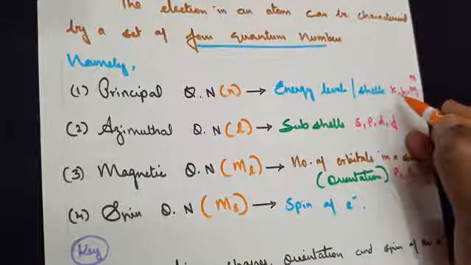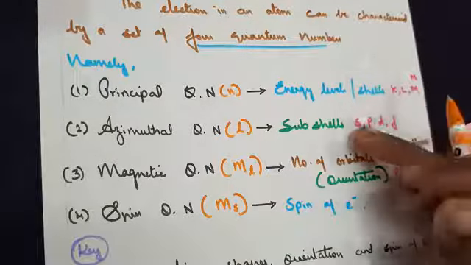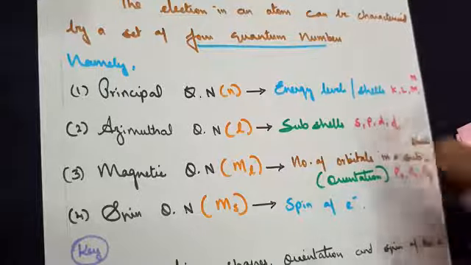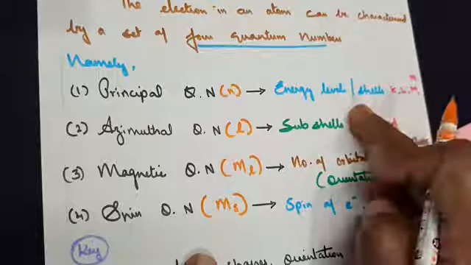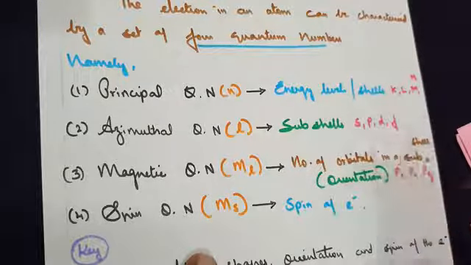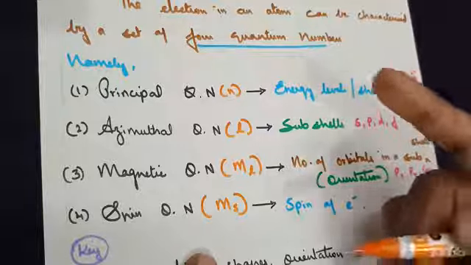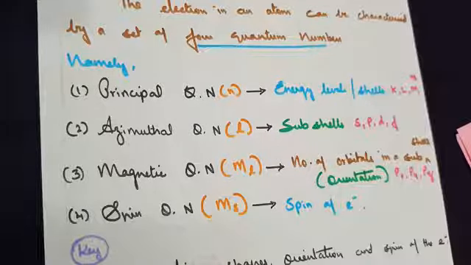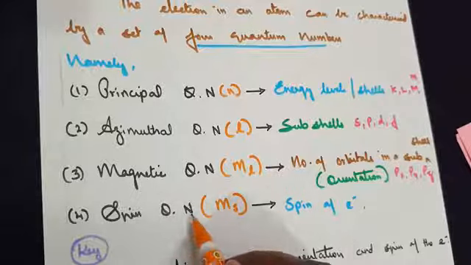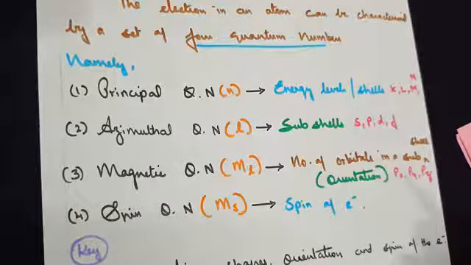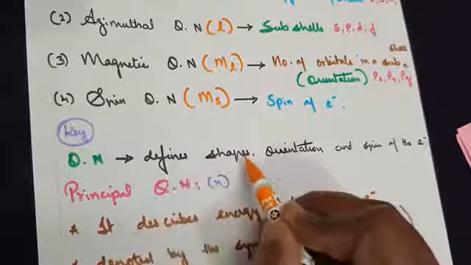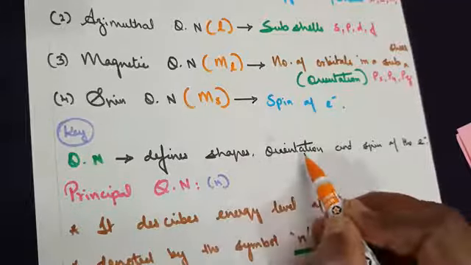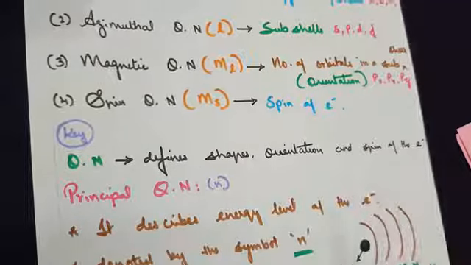Remember, main energy level has got subshells. They are known as s orbital, p orbital, d orbital and f orbital. Magnetic quantum number, when you say, each of these subshells will have a different number of orbitals in them. Example, s will have 1 orbital, p will have 3 orbitals and so on. And the last one, spin quantum number, it talks about the spin of the electron. Now the key concept you need to remember here is, on the whole, quantum number defines the shapes of the atom, orientation of the electron and spin of the electron.